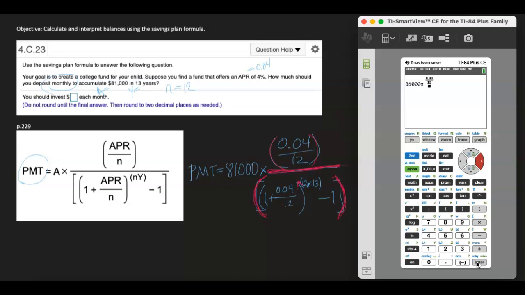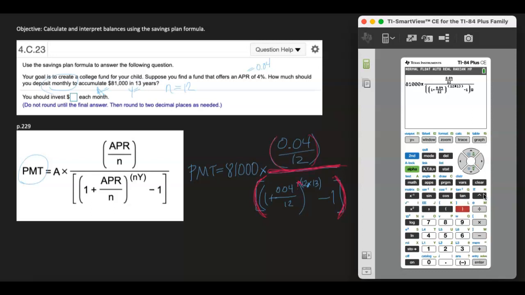And now I'm in the denominator of the larger fraction. And in the denominator, I have parentheses, 1 plus another fraction. So alpha y equals enter, 0.04. Press the right arrow to get down to the next space. Press the right arrow to get out of the fraction, and then the caret key automatically places me up in the exponent, 12 times 13, and then right arrow to get out of the exponent, minus 1, and close that